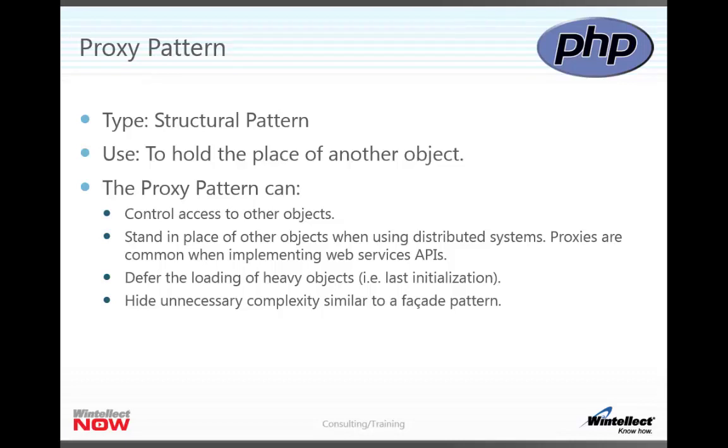One of my favorite patterns is the proxy pattern, and proxy patterns are very common in many distributed systems, and the reason is because proxy patterns hold the place of another object. Typically in distributed systems, you have the object originating on a remote system, and it's being passed across a network, then it's being received by a client in a serialized form, and then it's deserialized into an actual concrete instance of that object. But in the meantime, before that actually all happens, you have something that stands in the place of that object on the receiving side, and that's where the proxy pattern comes in.